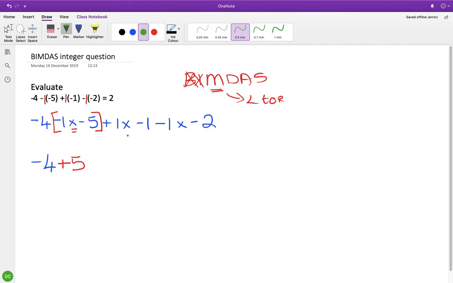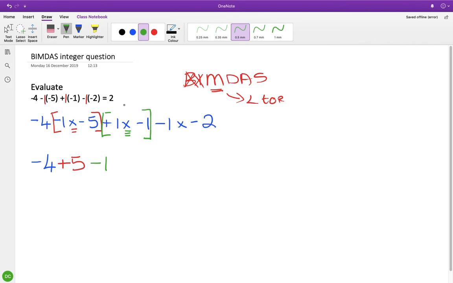Okay, so then here's the next multiplication sign, and that's going to multiply again the number in front of it and the number that comes after it. The number in front of it is a +1, and the number that comes after it is a -1. So again, do the multiplication. 1 times 1 is 1, and here we have different signs multiplied, and when you multiply different signs, you get